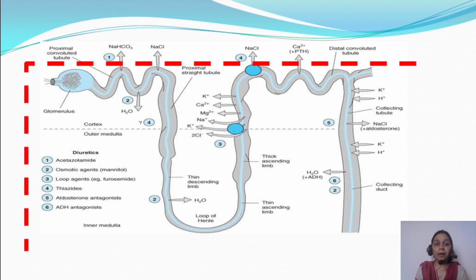The kidney accomplishes these functions through the formation of urine by the nephrons. Nephron is composed of a specialized capillary bed called glomerulus, this one, glomerulus, and a long tubule divided into PCT, loop of Henle, DCT, and collecting duct.